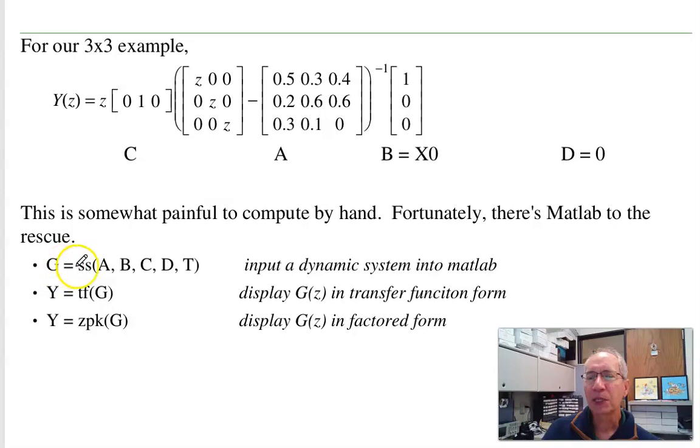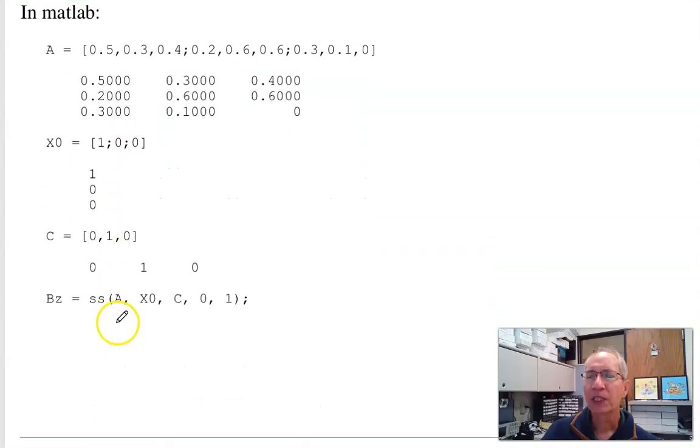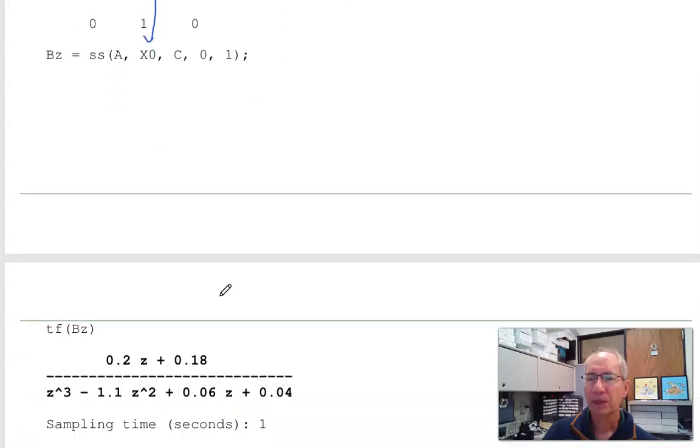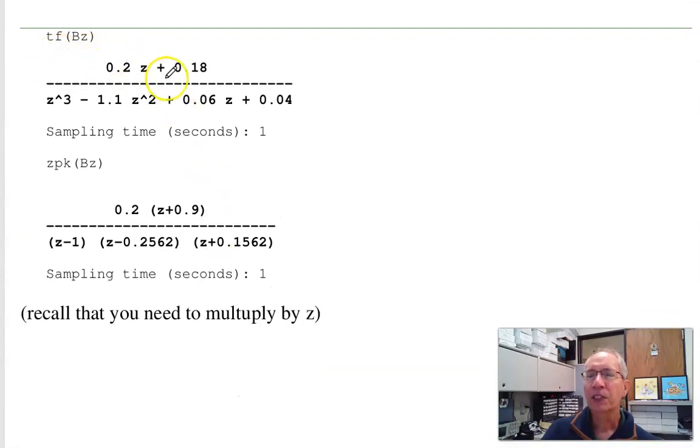Once I get the system into state space form, I can find the transfer function in terms of numerator polynomial, denominator polynomial, or in factored form. That's ZPK. So the way I do that is, here's my A matrix, here's my initial condition, there's my C matrix, I want to look at state 2. Input the system in MATLAB, here's my A matrix, there's my B matrix, that's my initial condition, there's my C matrix, D is 0, T is 1. Given that, find the transfer function, or find it in terms of zeros and poles, and note, this is the impulse,